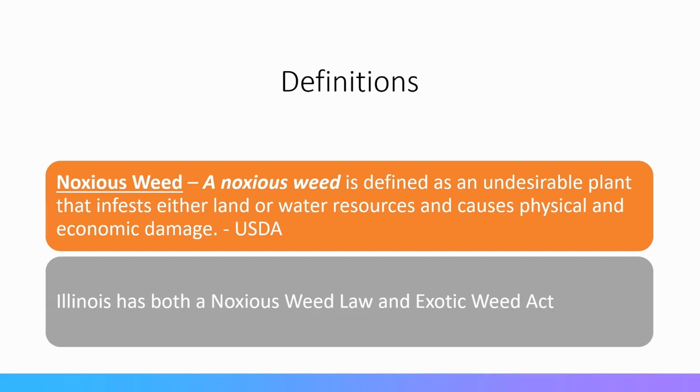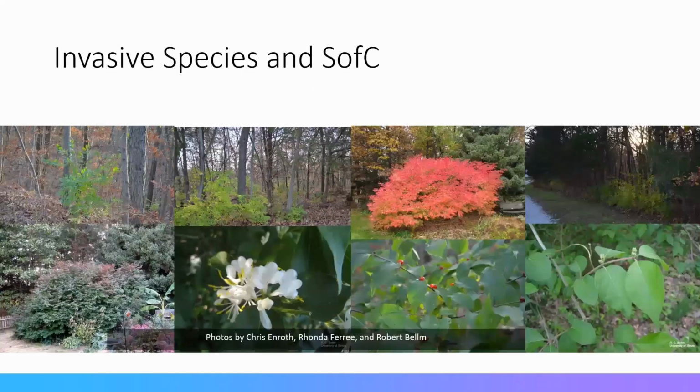Way back when, every county in Illinois used to have a noxious weed officer who could go around and enforce this noxious weed law. But most counties have cut all that funding, and that person doesn't exist. So if you had Canadian thistle growing in your yard, there used to be an officer that could give you a ticket for that. It doesn't really exist anymore. Just keep in mind that when we talk invasive species, we are talking about a legal thing, but species of concern are not yet legally invasive. We'll talk about that process.